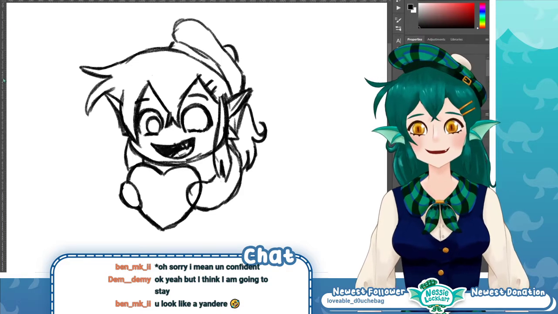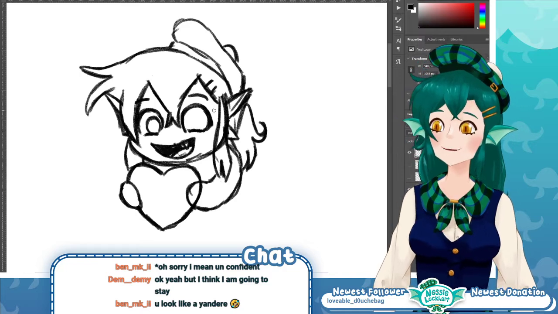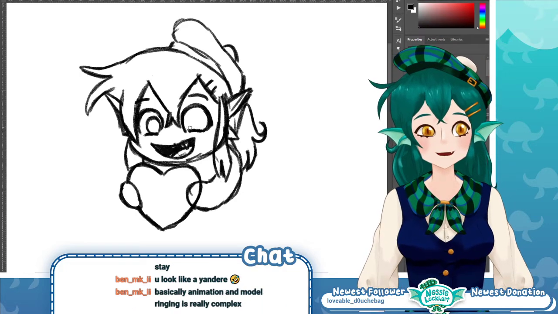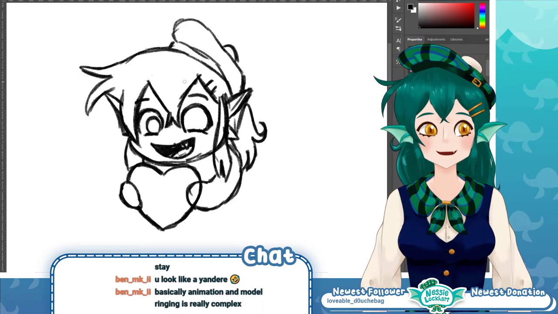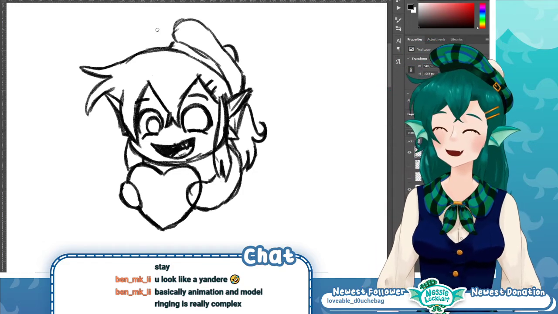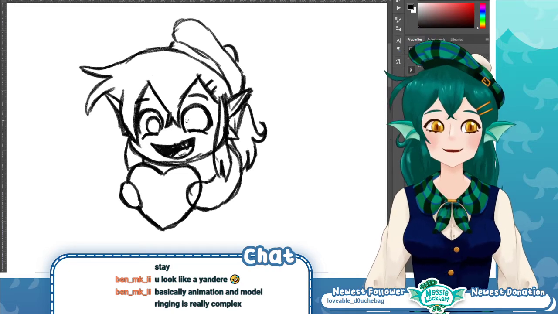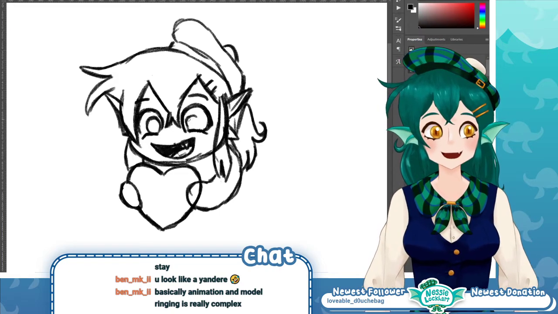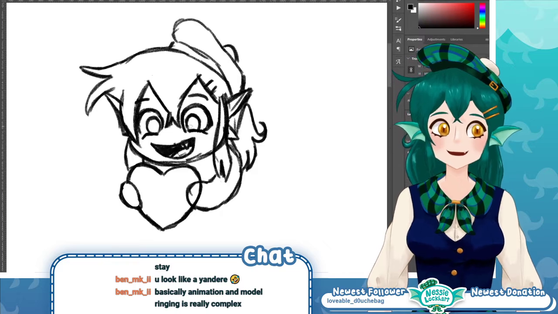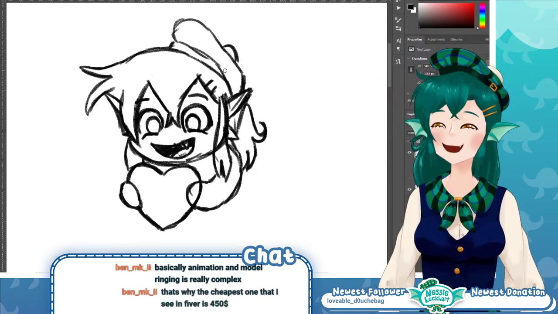Sorry, going on a bit of a Live 2D tangent, but what I mean is, not a lot of people know the workflow yet. Yeah, animation and model rigging is really complex, and that's not just true about Live 2D, it's true about traditional animation too. Traditional animation is also really complex.